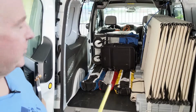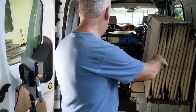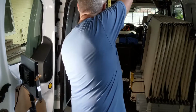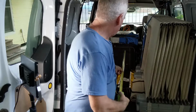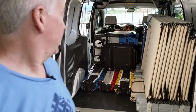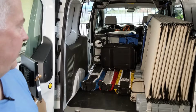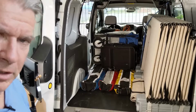And what we've got left for the art is roughly 30 inches wide and about 40 inches tall and about four feet deep. So depending how you like to stack and rearrange and how good of a pack rat you are, that's what you're left with. Of course there's nothing in the passenger seat,